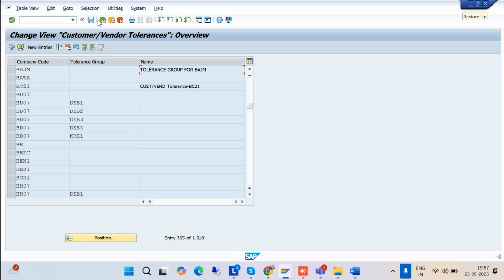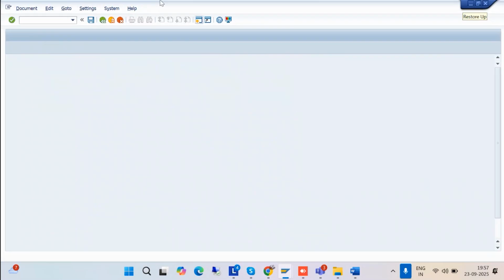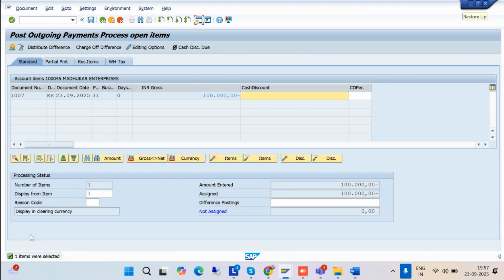So here we have to do simple, small, one-step entries like revenue, losses, and differences. If you give those, then the system will take it into consideration. This is the tolerance we have been given. So if you go and see here, open process item, now it will go to the particular item